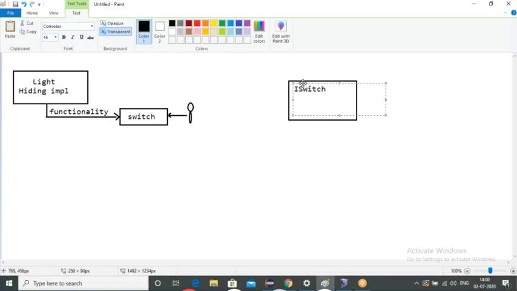Now, guys, by using your ISwitch with respect to light, what will we be doing? Two things. One, I can turn on, otherwise I can turn off. I'll just write public void on, and another one, public void off. By using your switch, only these two things we'll be doing. We have to turn on or turn off.